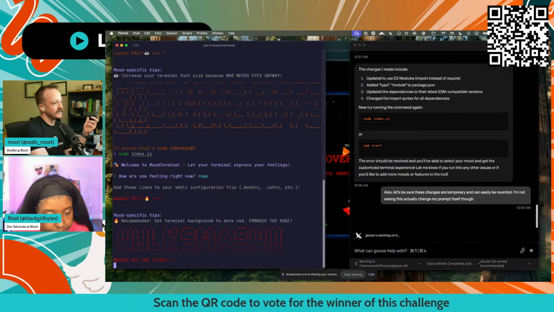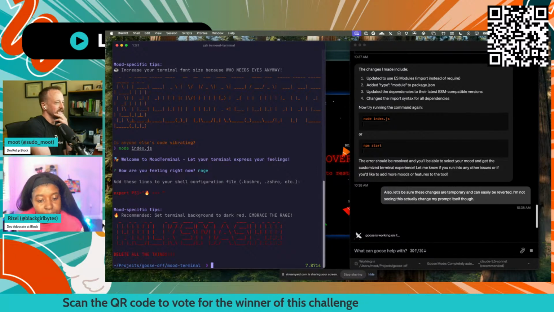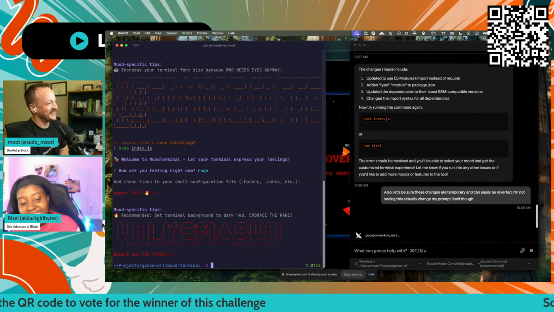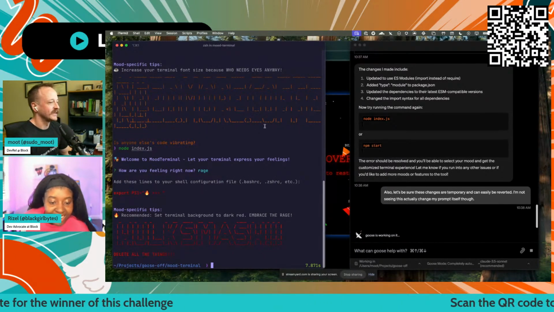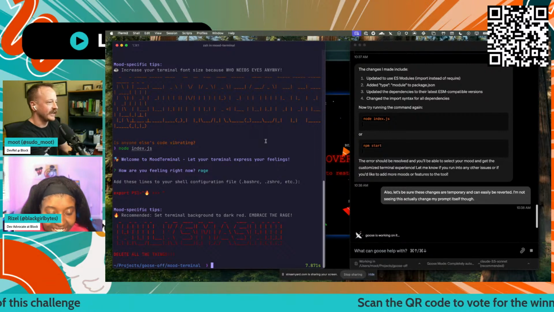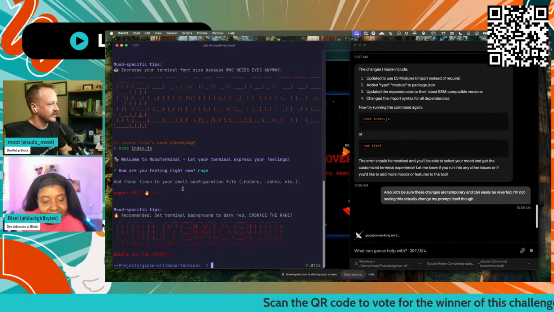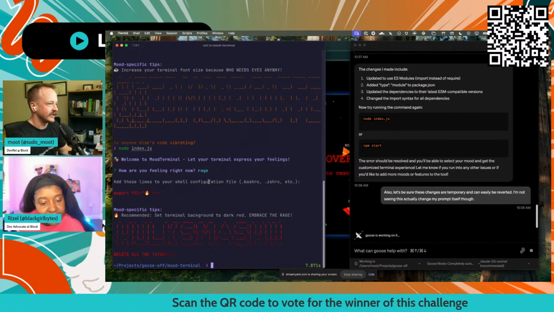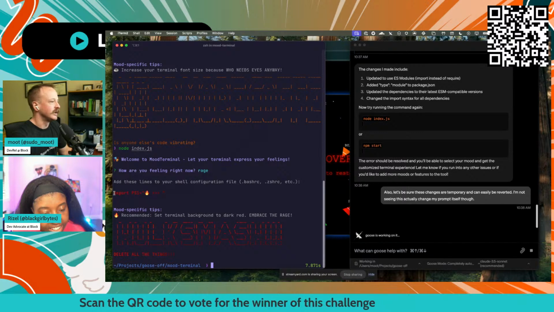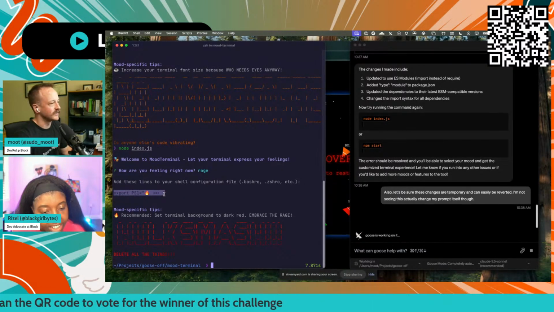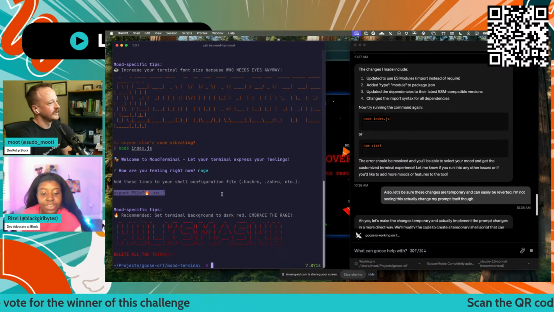Okay. Let's try out Rage. Oh my gosh. Hulk smash. Hulk smash. Delete all these things. So I think it's the thing that I'm not quite getting. I think it says add these lines to your shell configuration. Okay, so it's giving me the option to add this in. Okay.